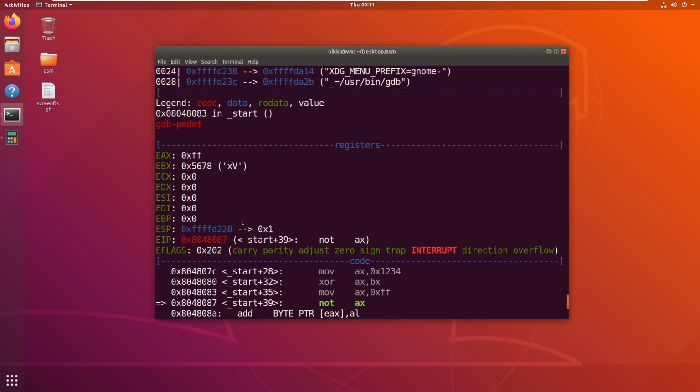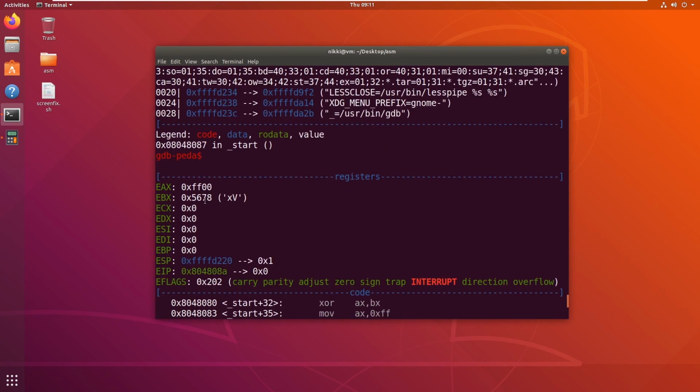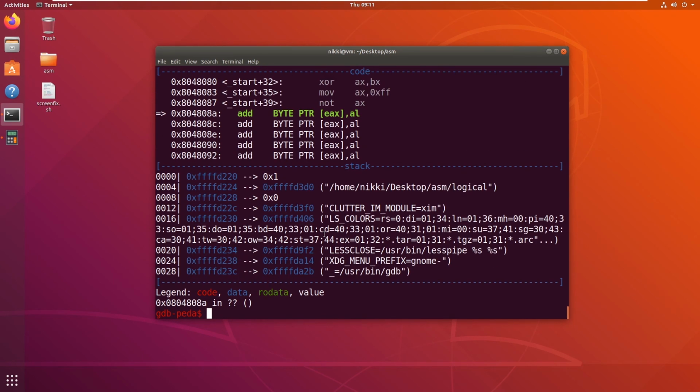Okay, I forgot to put the 00. Okay, and if we do the NOT, we can see this has changed to FF00. In the previous step we saw the FF, but it's 00FF, and it showed only the last AL part, I mean the AX part, but actually it's 00FF, and if we apply the NOT operation, we get the result FF00. So that's all about these logical instructions. I hope you have understood, guys.